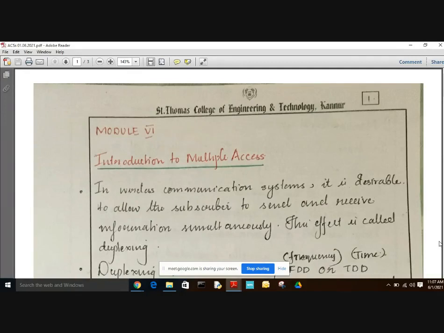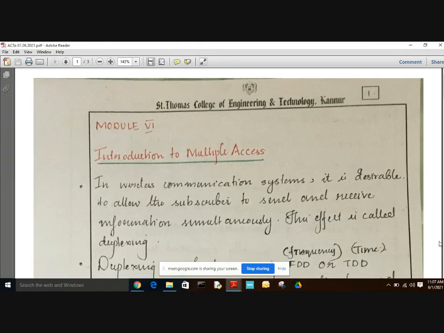to allow the subscriber to send and receive information simultaneously. This sending and receiving of signal or information simultaneously is nothing but a technique called duplexing. That is, in a wireless communication system, it is desirable to allow the subscriber to send and receive information simultaneously, and this effect is called